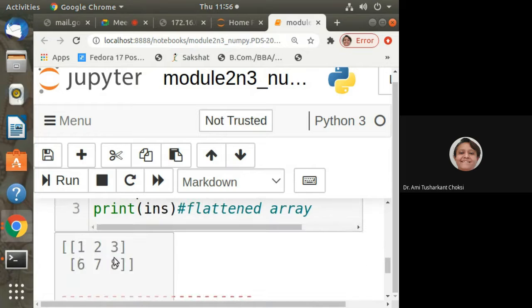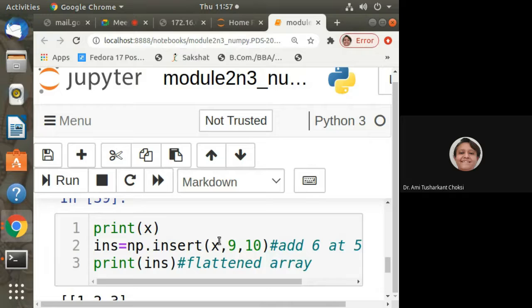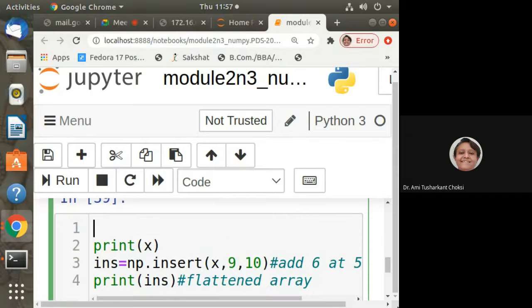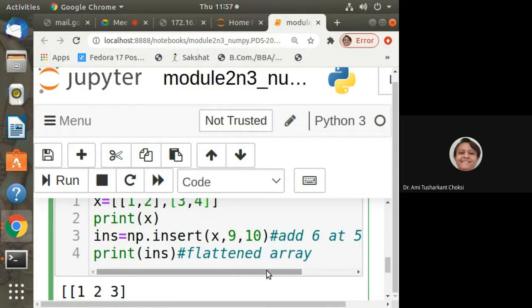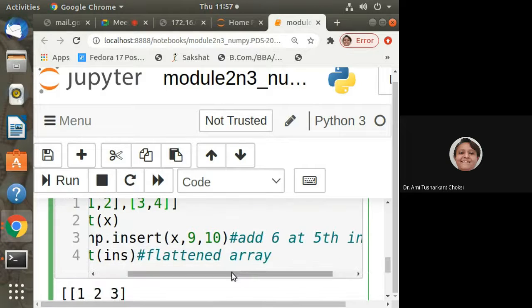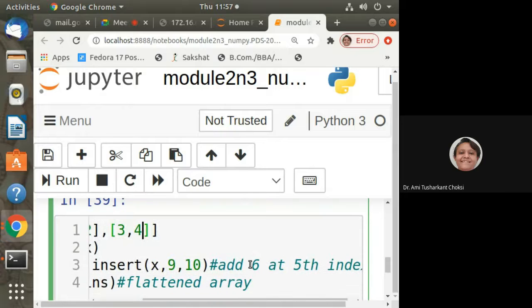Before that it was 1, 2, 3, 4, something different.